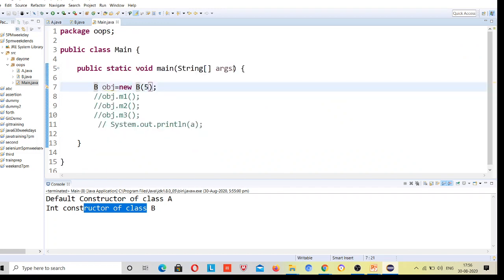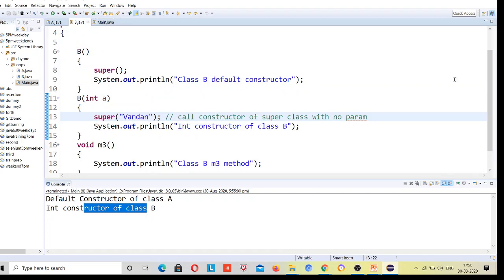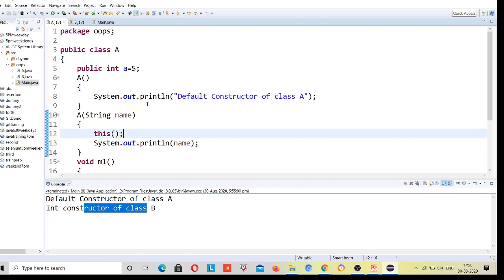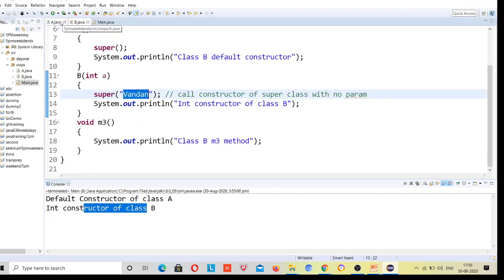Okay. Now we have called the integer, right? Now it will go to the class B first. And here super one, that means it is going to the class A with the integer. No, this is not the integer, it's a string. Oh, sorry. But it is calling super, right? And inside that integer. Yeah.